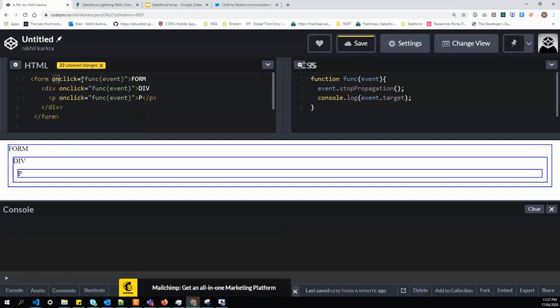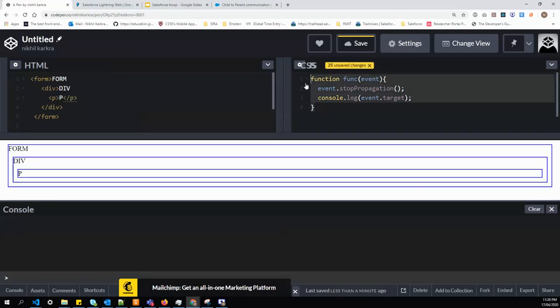So what we're going to do is remove the event handler from all the HTML tags, and now we'll write one for loop.